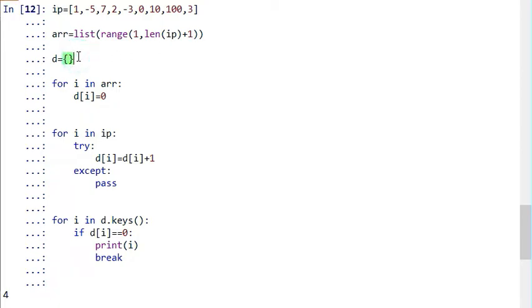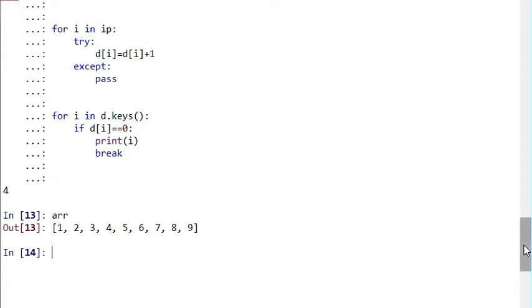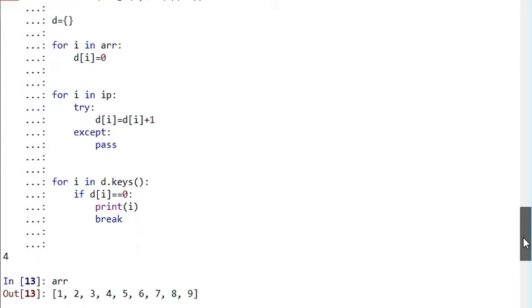Then I am initializing a dictionary with all the elements of this array as keys. If you want to see the array, now it has 1 to 9. I'm initializing D as an empty dictionary, and all the elements in the array will be given a value of 0, so the count of all the numbers is 0.